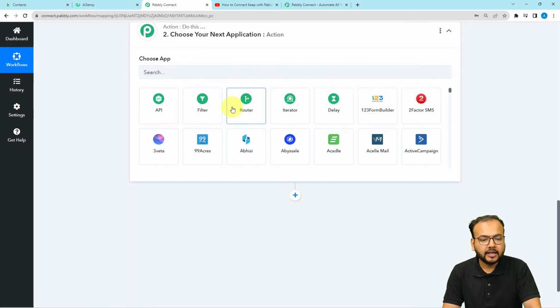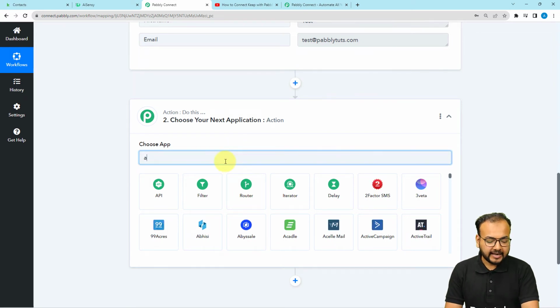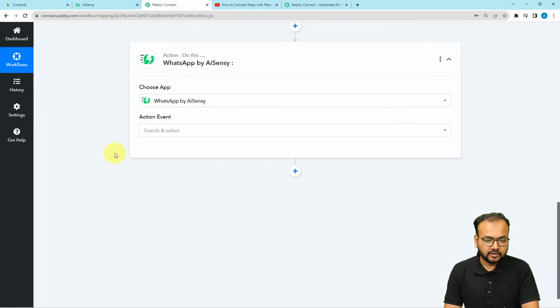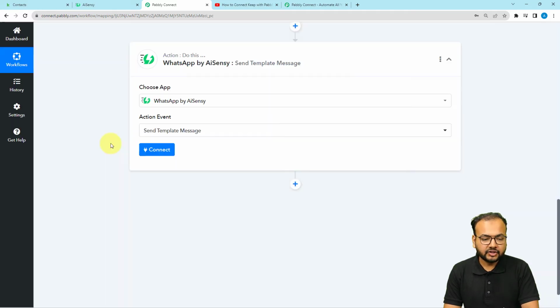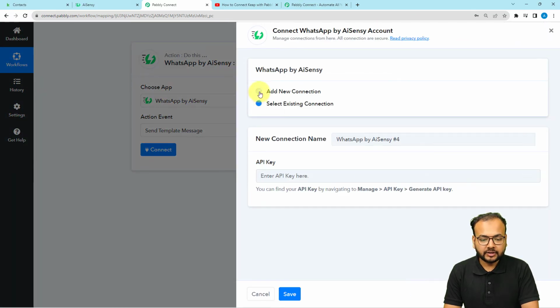For that to happen, I'm going to use AiSensy application, which is a business API provider of WhatsApp. So with the help of AiSensy, you can send WhatsApp messages to many people using the API of WhatsApp. Use the action event as send template message. Click on connect button. From here select add new connection, and here it will ask you to enter the API